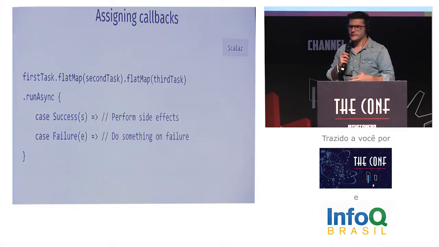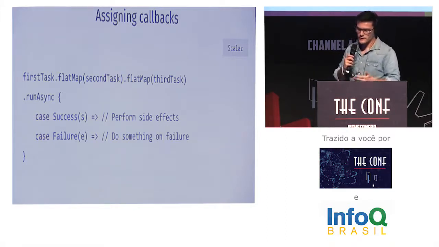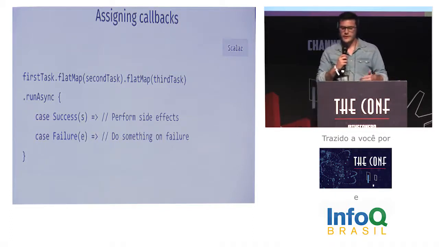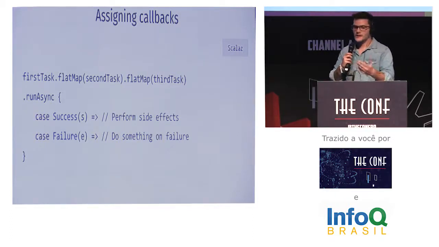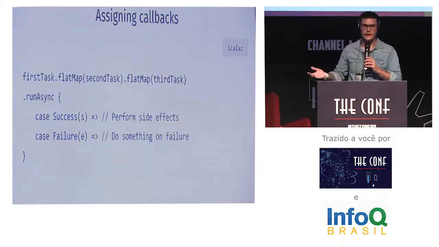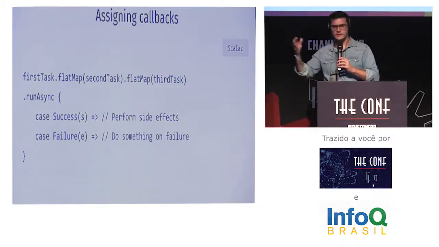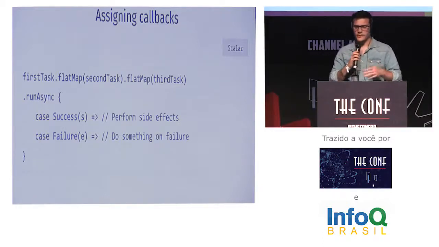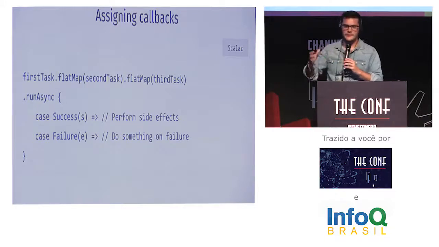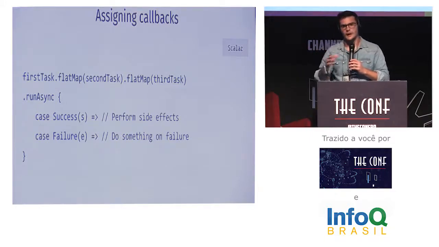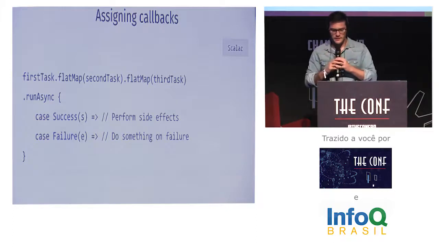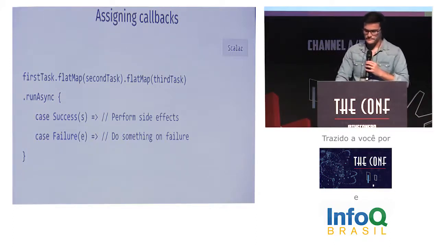Just clarifying that for those who are not used to this term, side effects are operations that change a variable outside of your execution context. So when you update a database, you're changing the world, like we say in functional programming. So we are updating a variable that is outside of our context, but it can also be a variable inside your program or outside your programming chain or execution chain.